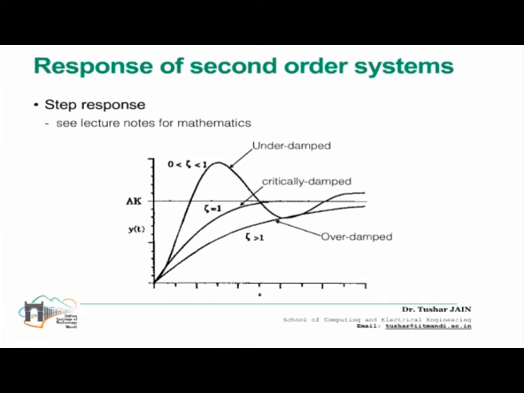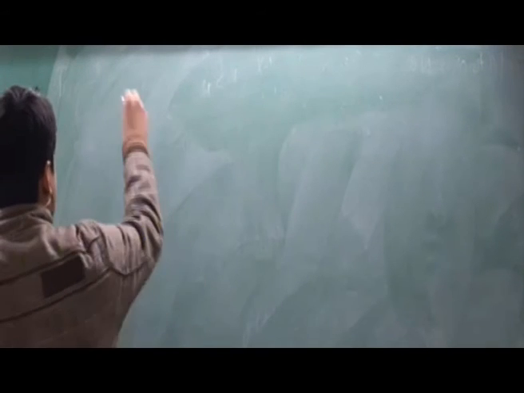Okay, so this would be the response for the underdamped system. And if you have noted down the equation for the underdamped system, we have a multiplication of an exponential term, the decaying exponential term, and a sinusoidal term. And because of this multiplication, we observe this kind of behavior where the system goes above the steady state value and finally it settles down at the steady state value after making some oscillations. And this is the behavior which we really wanted to control from the control theoretic point of view. So the characteristics associated with this underdamped response are first of all the rise time.